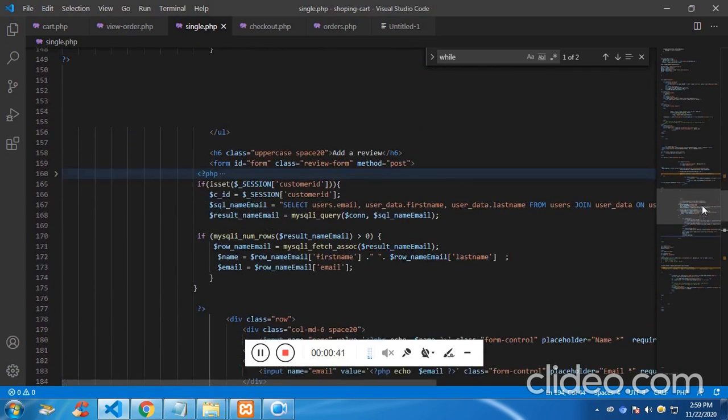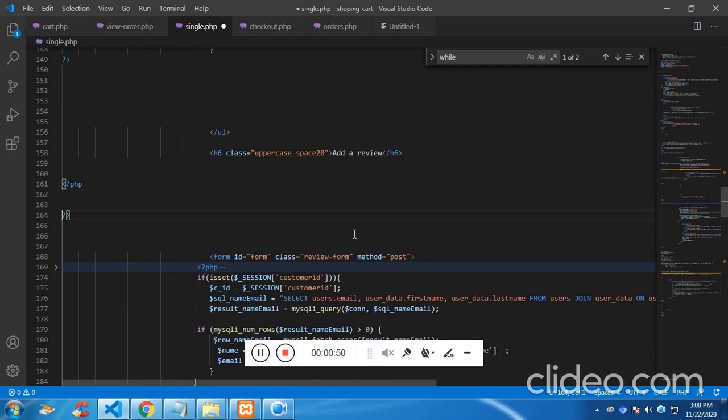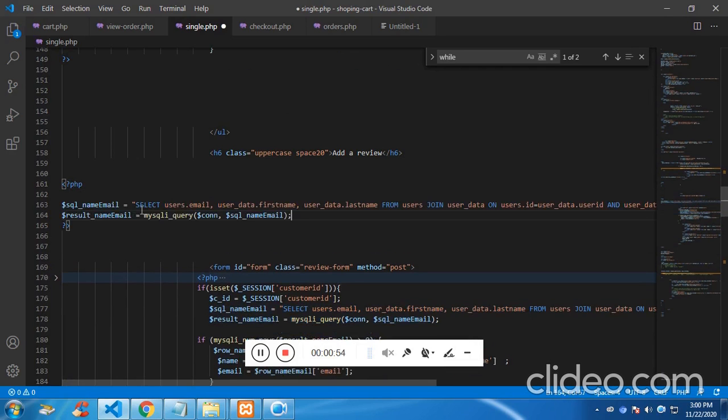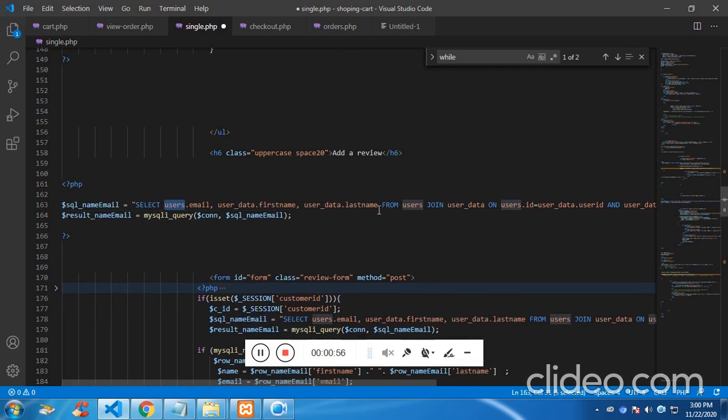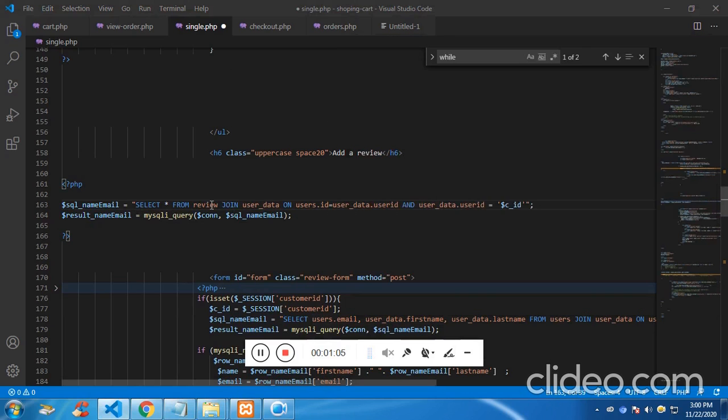So here the form ends. So just above the form we have to check with the PHP block, does this person has already submitted the review. Select star from a review or reviews. It's reviews, where